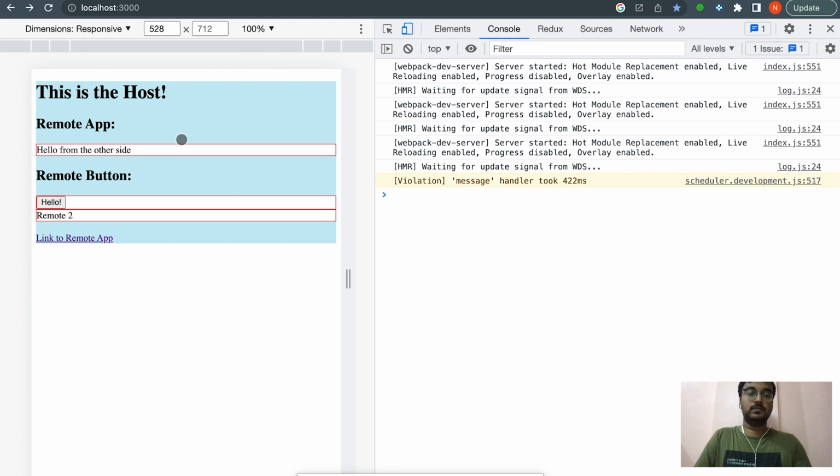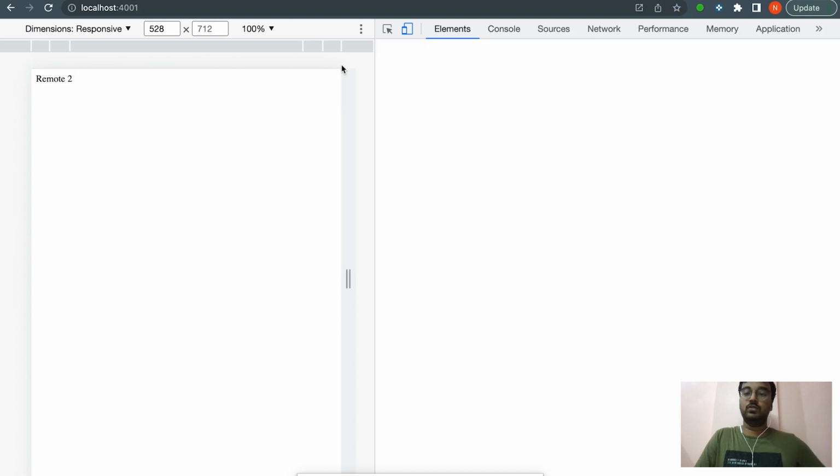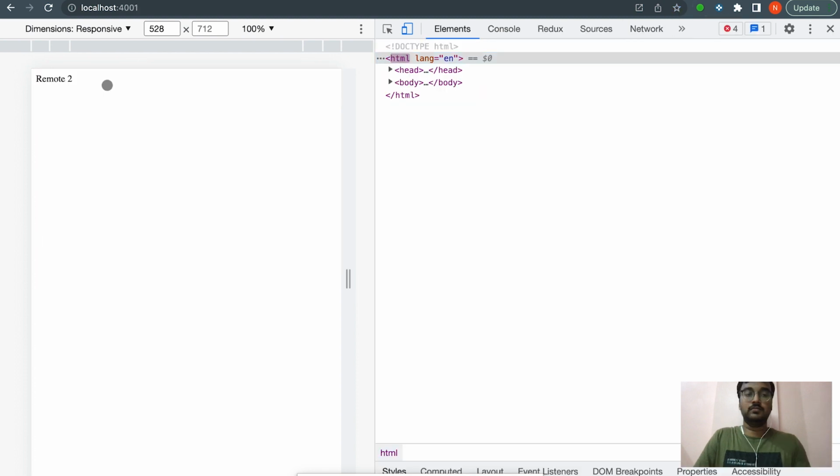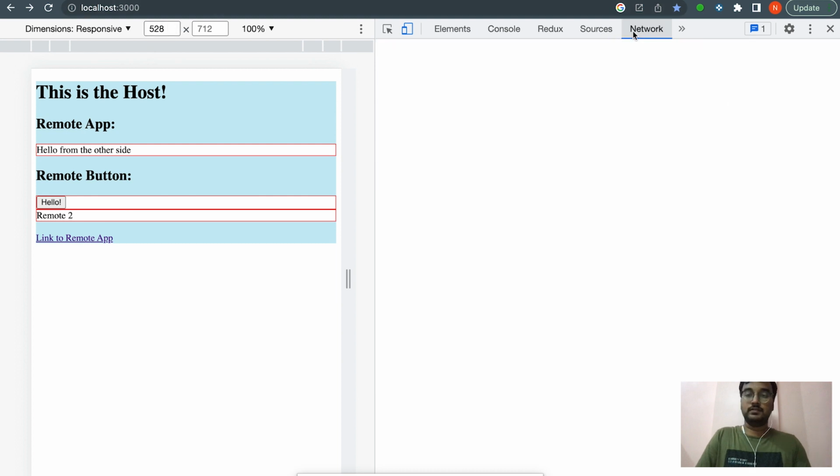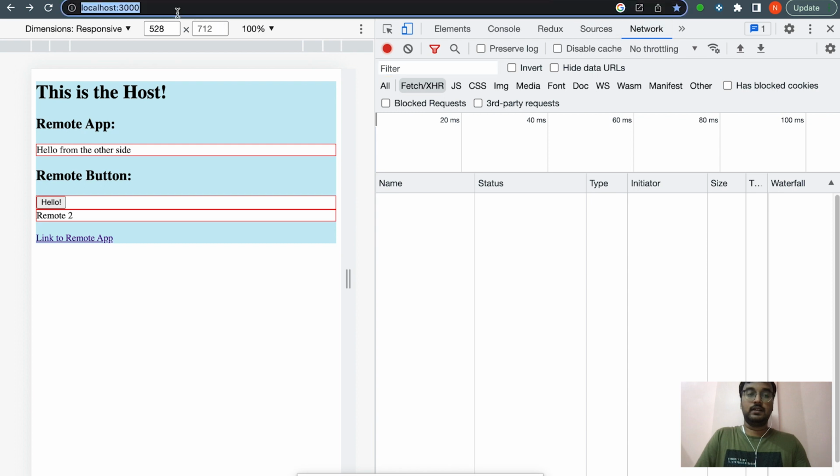Okay. So our remote 2 is now being run over here. And we also have something called remote 2 enabled over here as well. So this has been plugged into our main application, which is a host app as well. Okay. Now, if I try to run localhost once again over here,